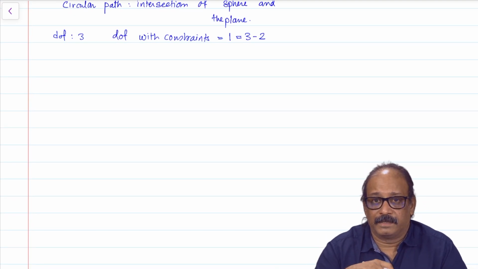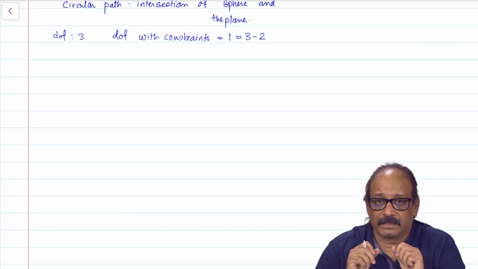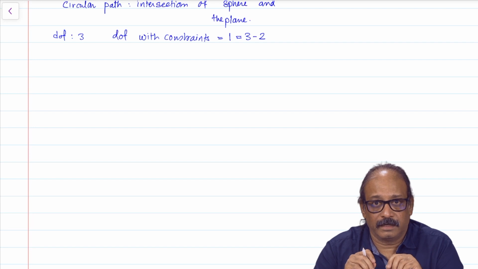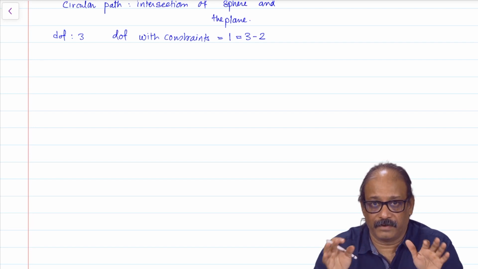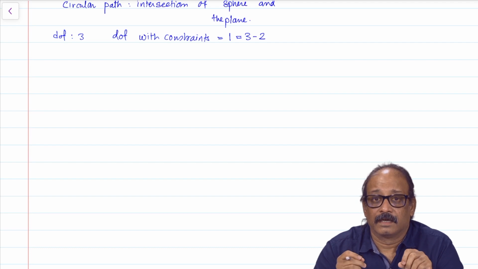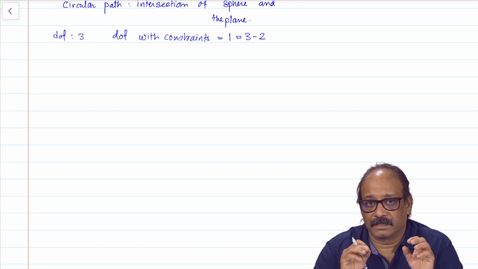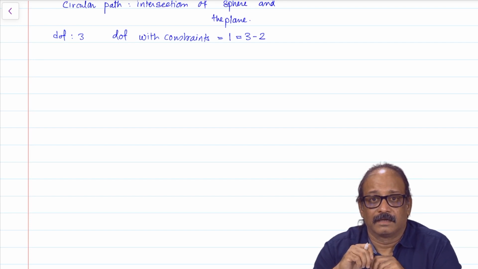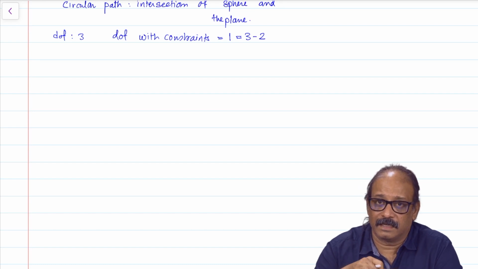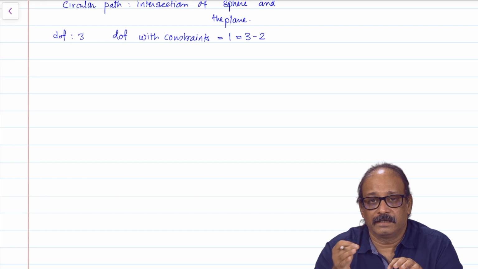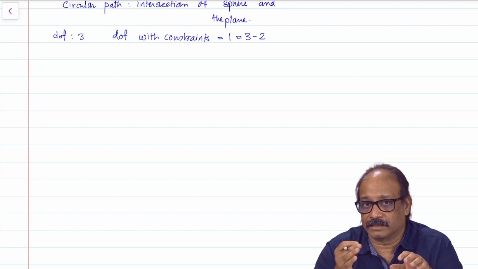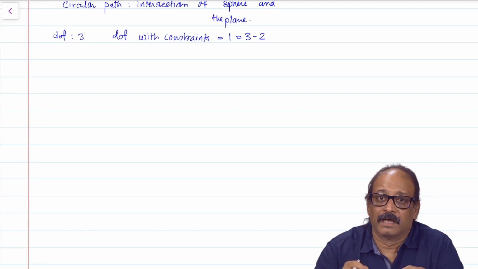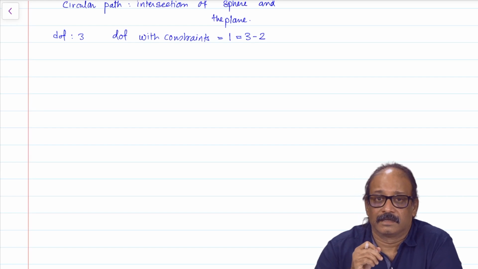to arbitrary configuration spaces. So, if you have n dimensional configuration space and if you have one holonomic constraint, this holonomic constraint will define a hypersurface in n dimensional space, and the dimensionality of that hypersurface will be n minus 1. Now, you have one more constraint which is also holonomic, that defines another n minus 1 dimensional surface, and the intersection of these two will be an n minus 2 dimensional surface. So, when we use the word surface, we actually mean hypersurface in the higher dimensions, not just the ordinary 2